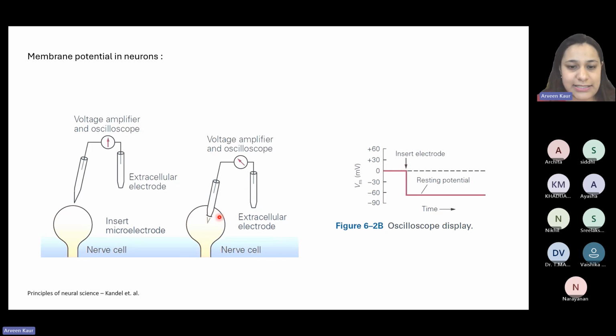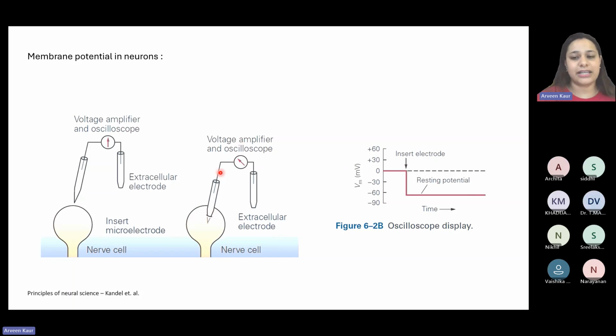As soon as it is dipped into a nerve cell, it will start this oscilloscope, which will give a reading like this, like this. This can be like an oscilloscope display. So as soon as it is dipped inside a nerve cell or a neuron, this is what it will show. Like inside that nerve cell, with respect to outside, is a negative potential, right? And that is what is depicted over here.